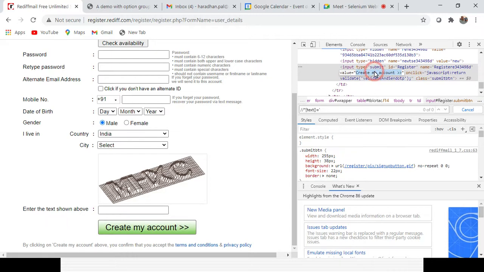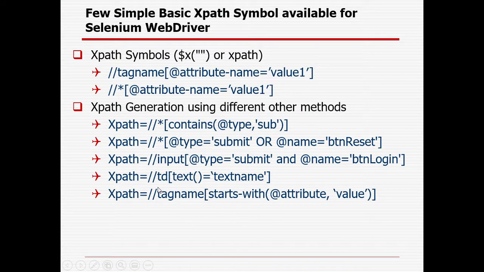Create my account. I am giving the text create my account, and I need to close the bracket. Text equal to create my account.